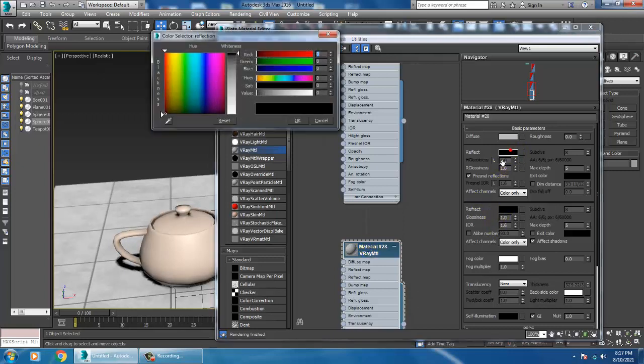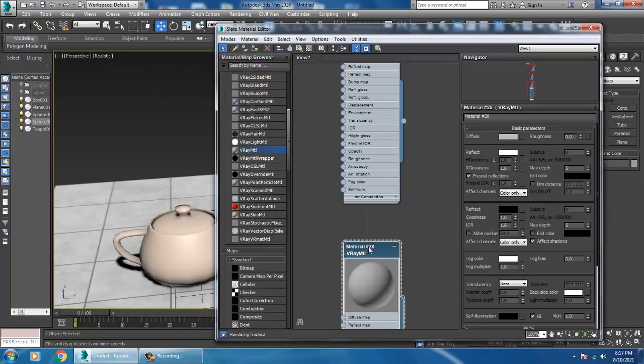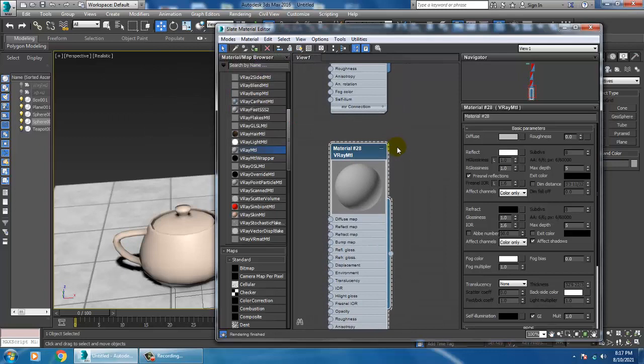Let's go into this and let's give a bit of reflection. Now we have few things over here, that's called your Fresnel reflections. So I'll just reduce this.